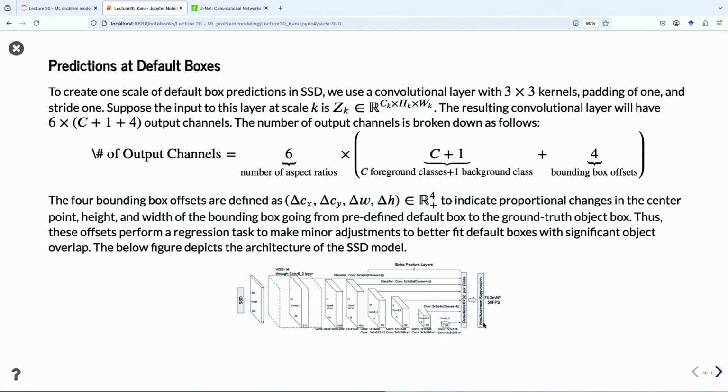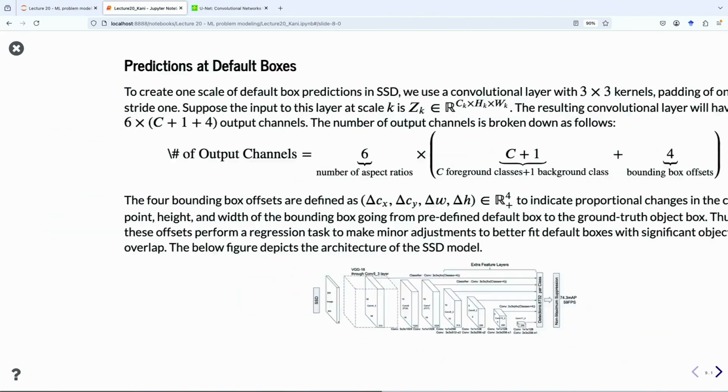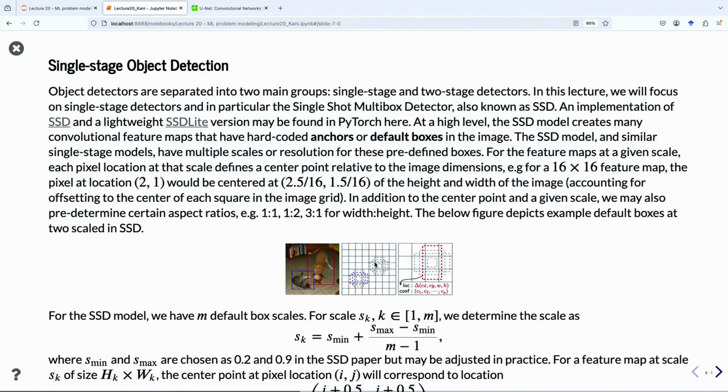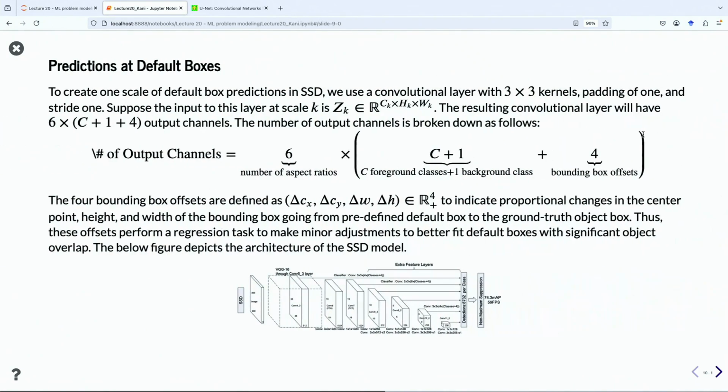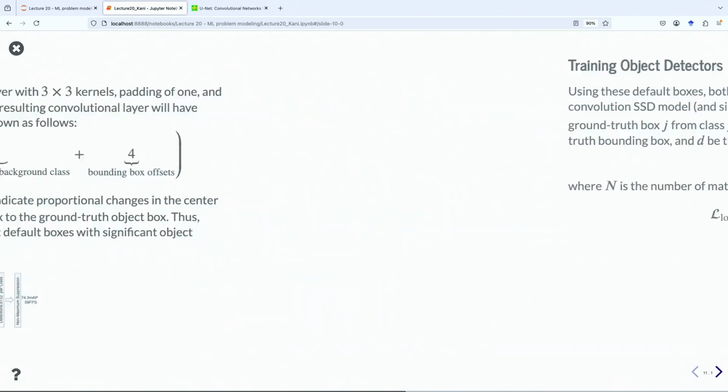All this network does is simply say, I'm just going to put a bunch of outputs and align them in a grid along the image. And then for each of those boxes, I'm going to output some adjustments to the center point, and some adjustments to the width and height. I'm going to output the classification, and then I will optimize the model for classification loss and bounding box intersection over union loss. Okay. So that's how that works.